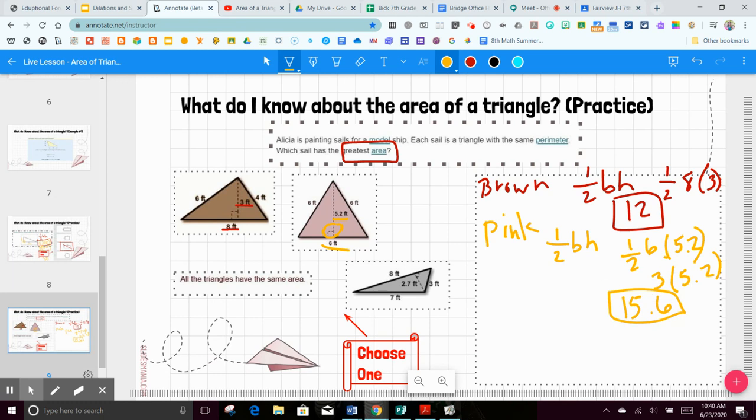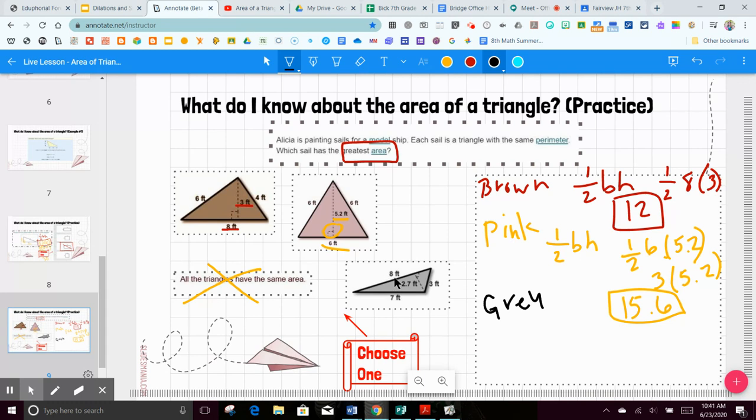Right now, I'm going to take a moment to cross out this answer choice because 15.6 is not equal to 12. Therefore, all the triangles cannot have the same area. So now I'm down to my last triangle, which is the gray one. Okay, and it's kind of hard to figure out what your base and your height are,